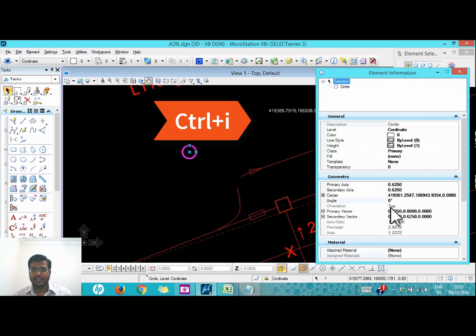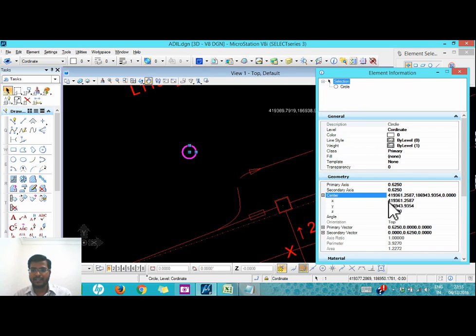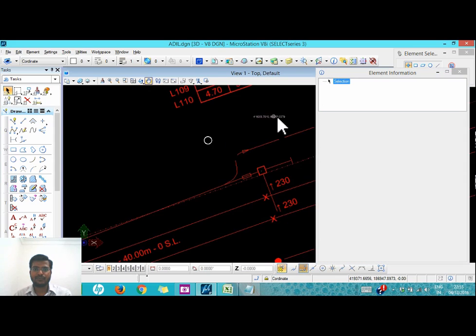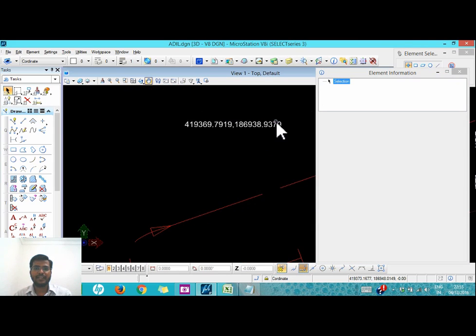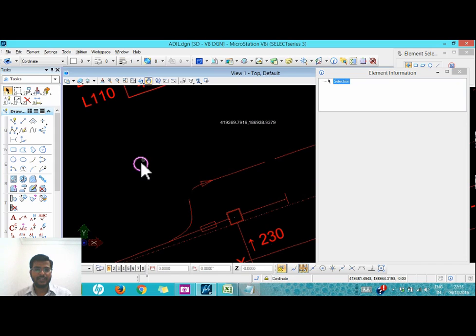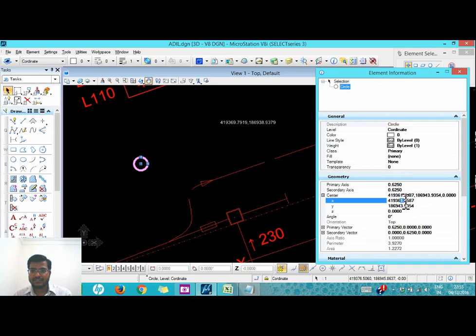Here we can see the origin coordinate in the geometry. If we update this origin coordinate, then this element will automatically go to the position where the coordinate belongs. Let's see, we'll match this one 6 9,